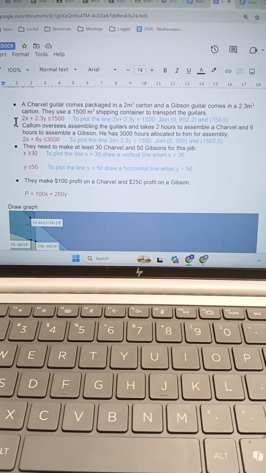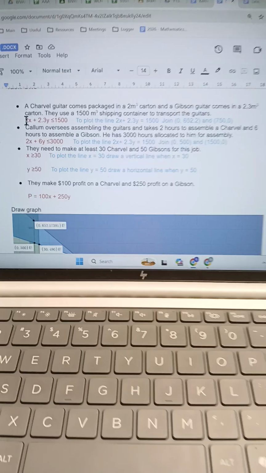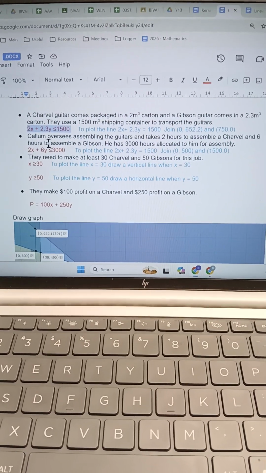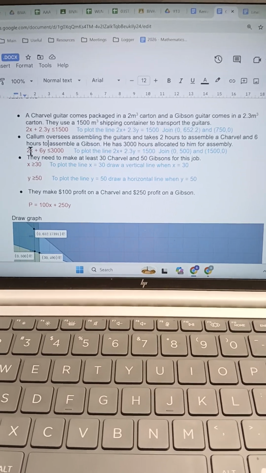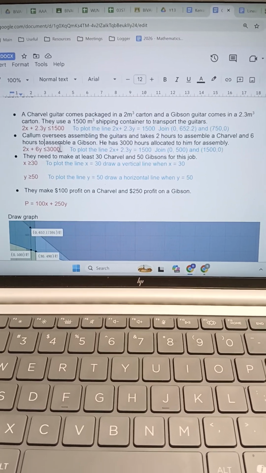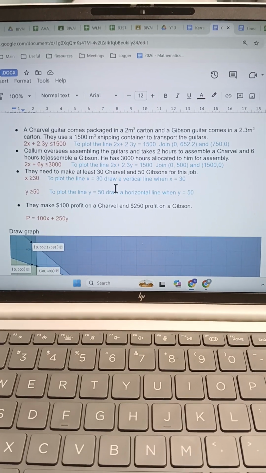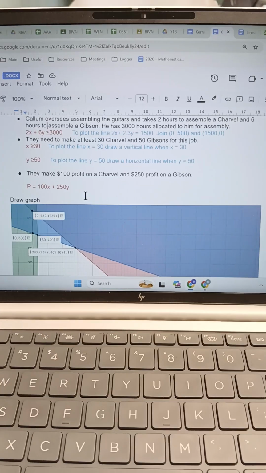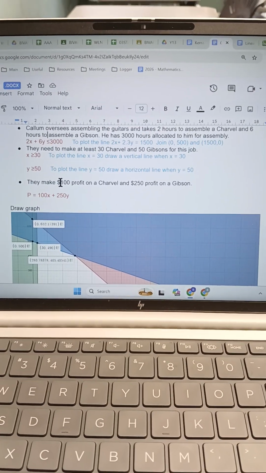The constraints have been turned into inequations here. We have 2x plus 2y plus 2.3y is less than or equal to 1500, which you plot. Same for the others. By now I'm hoping you guys are actually reasonably good at doing this plotting of the constraints. You do need to use the point test to work out which side to shade out, and also there is a